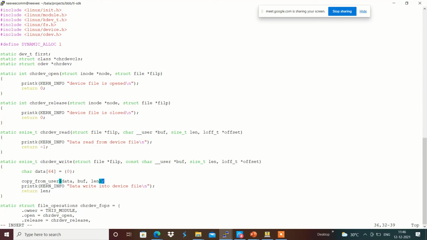We are copying the data buff from the user space buffer to the kernel space data variable.